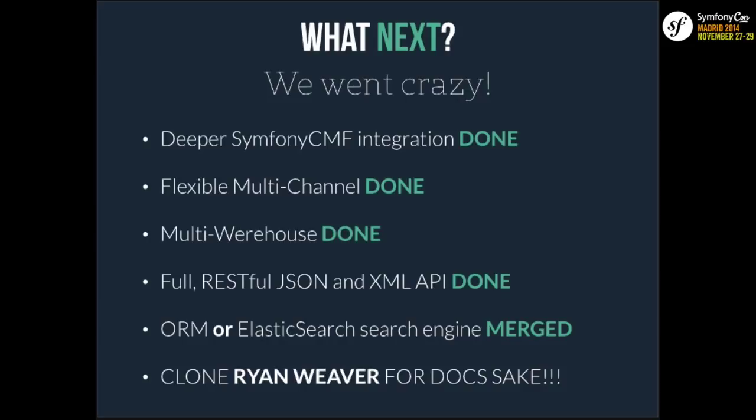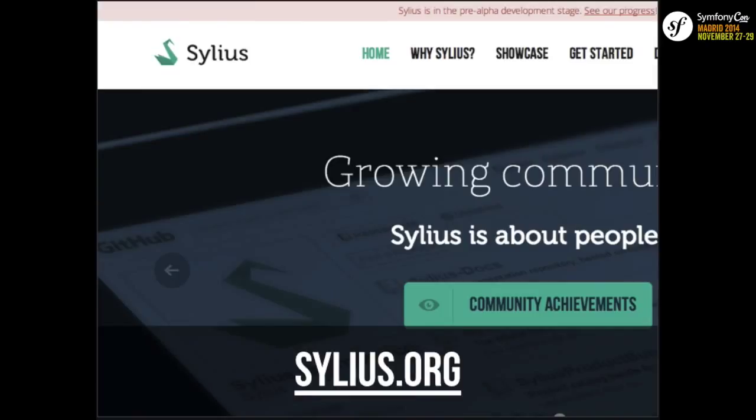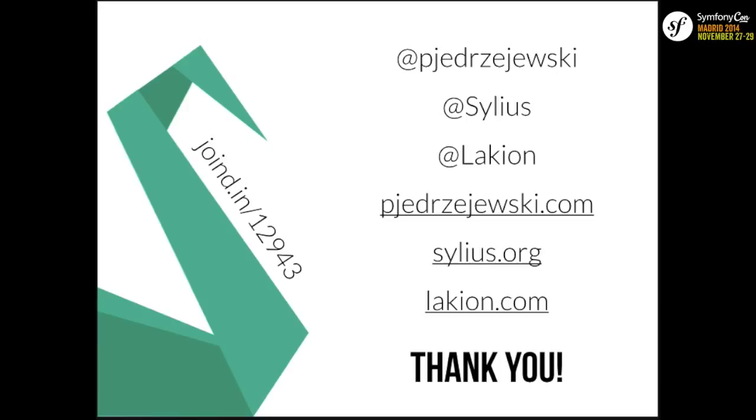And the last thing, what I need to do is clone Ryan Weaver and find someone to work on documentation. So you can read some docs on docs.sylius.org. You can visit the project website. You can go to the GitHub repository and have a look at the code, look around, see how many issues I have to deal with every day, and hit this magic star button. And thank you. That's Sylius in a nutshell. If you have any questions,